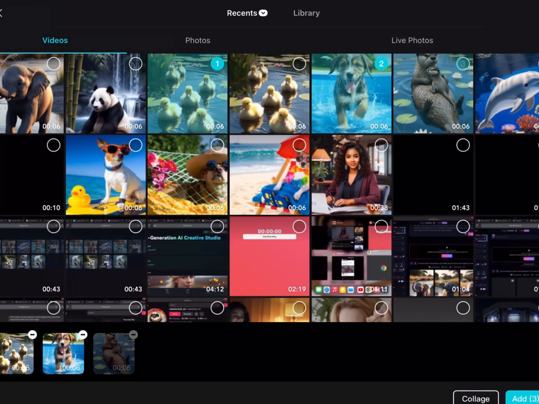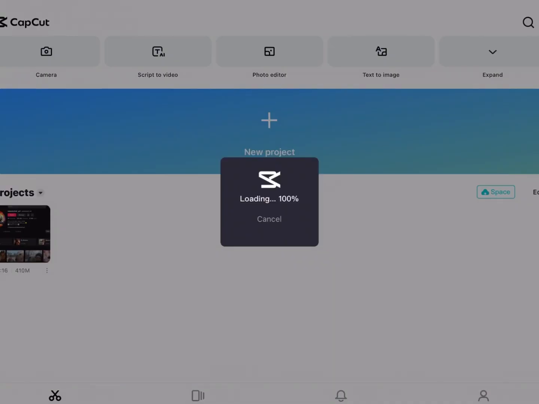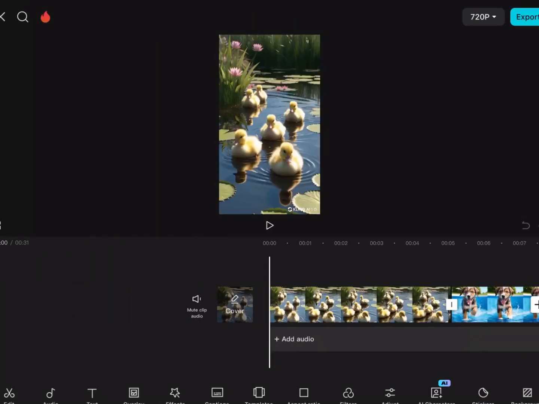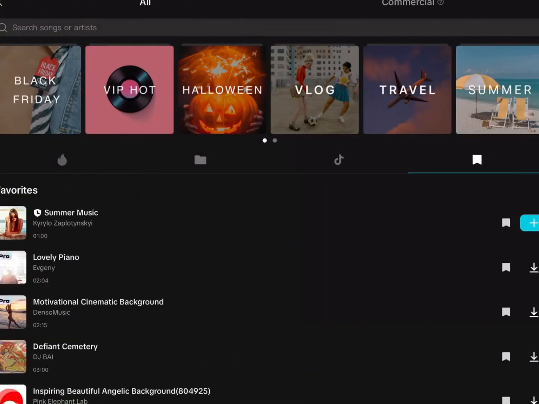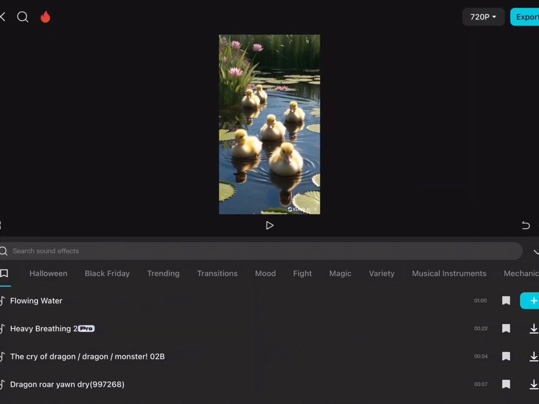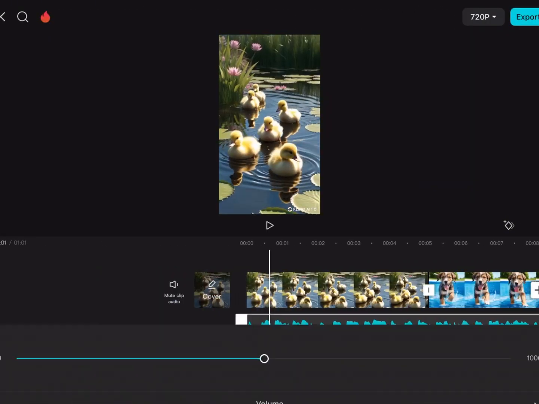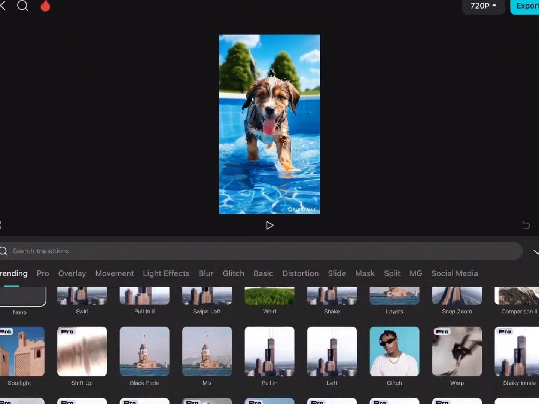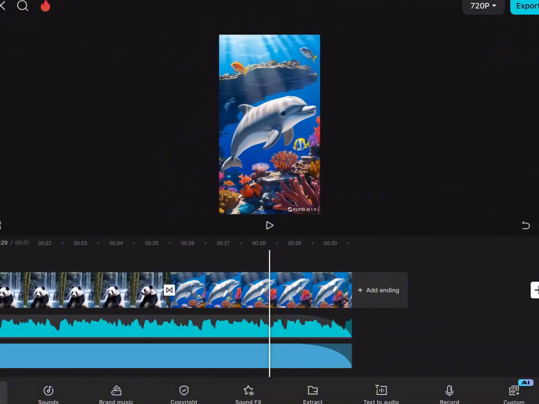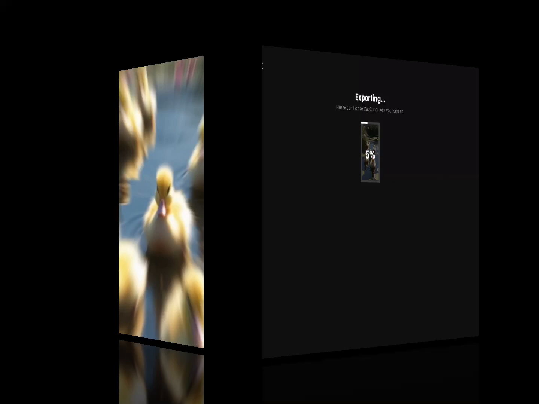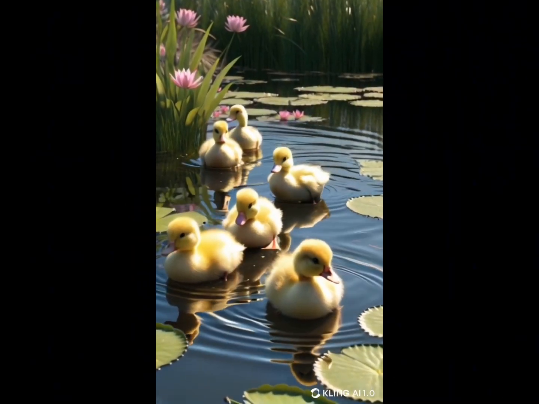To wrap things up, we'll add sound effects and music using CapCut. Set the aspect ratio to 9:16, layer in ambient sounds and background music, and then export your video. The example I'm showing has summer vibes,